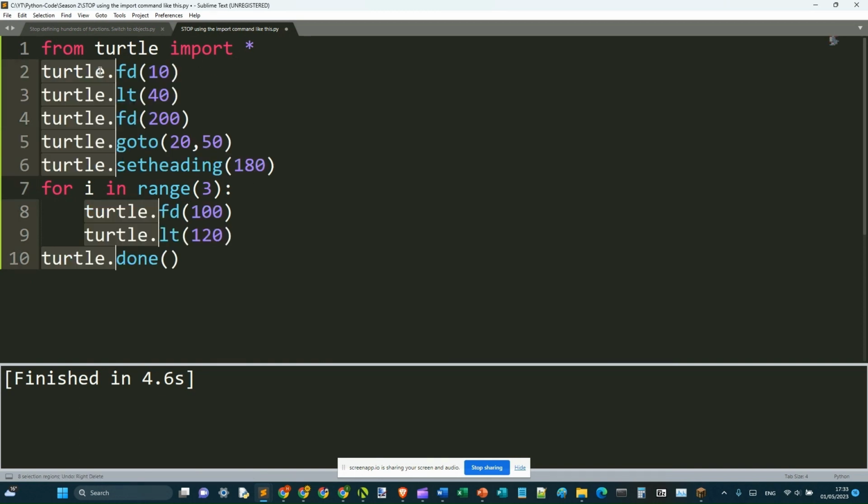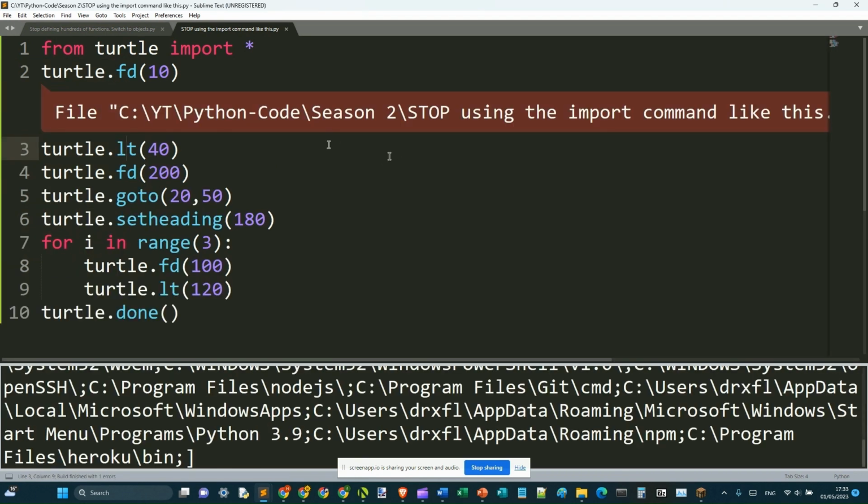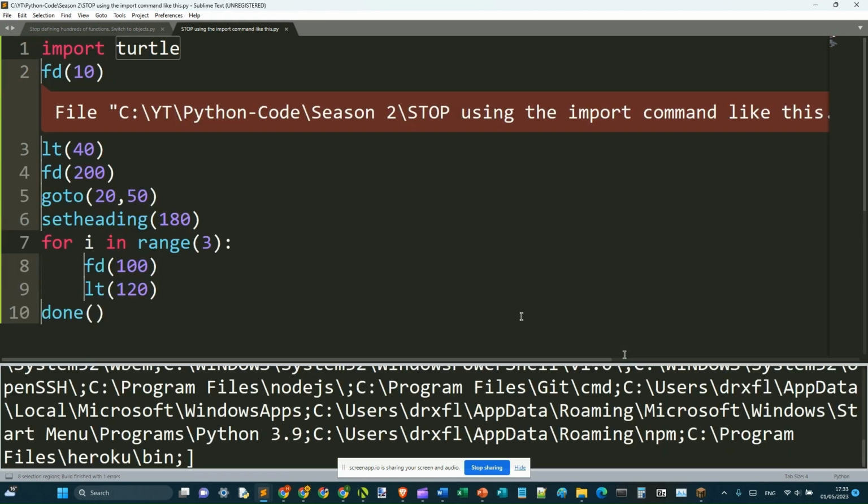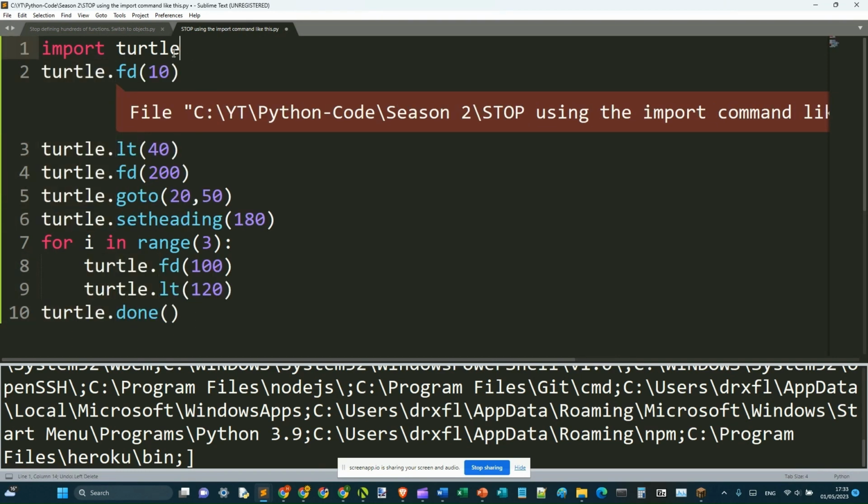However, if you still try to run while having this module, it doesn't work because this command imports all the functions associated with the module, but not the module itself. And if you tried it the other way, it also doesn't work because the module is imported and not its individual functions. This is basically why you should be using from turtle import all